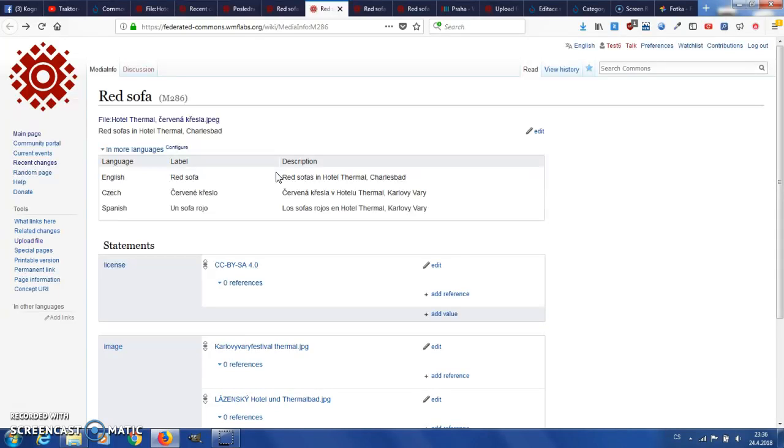I mean, the file name, if it's not so clear in other languages, that's the trouble. And the other trouble is that, as far as I know, there's not a standard way in Wikimedia Commons how to name files, because two years ago we were from the Czech Republic. We were creating a lot of pictures in Poland, and once we were uploading them and naming them, we figured out that the Polish community follows a different standard of naming files than the Czech community, so there's not a broad standard, and